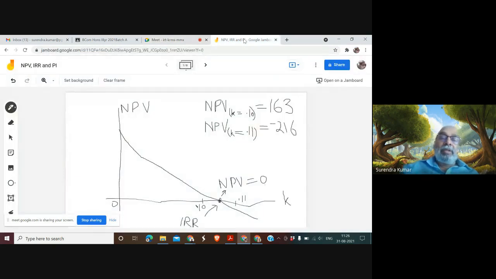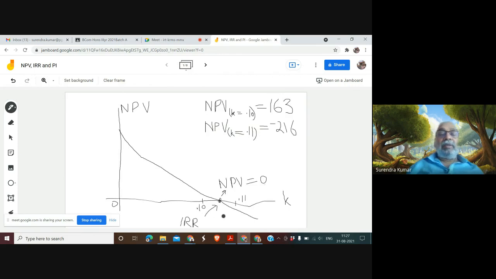Let's now begin with a new aspect of the investment decision that we have been discussing so far. I'm sure my screen is visible to you, and on the screen you will find a diagram. Now this diagram we have done earlier on an Excel sheet. Of course, in the Excel sheet maybe the data was somewhat different. However, it doesn't matter because we need to understand the diagram with reference to any data.